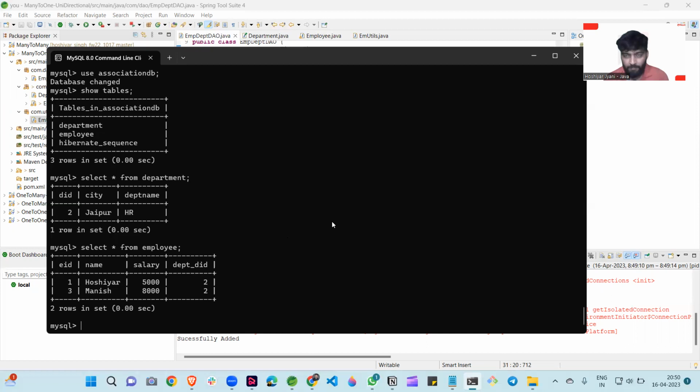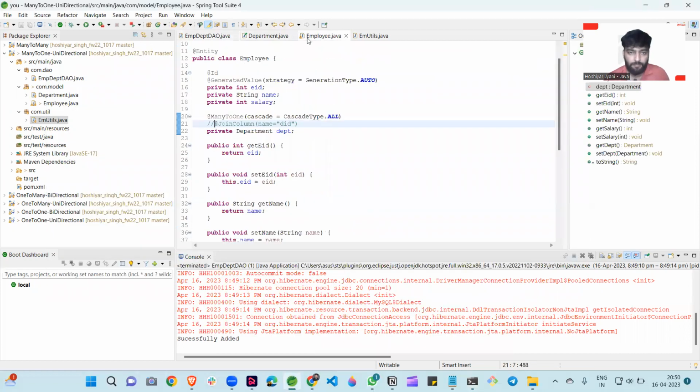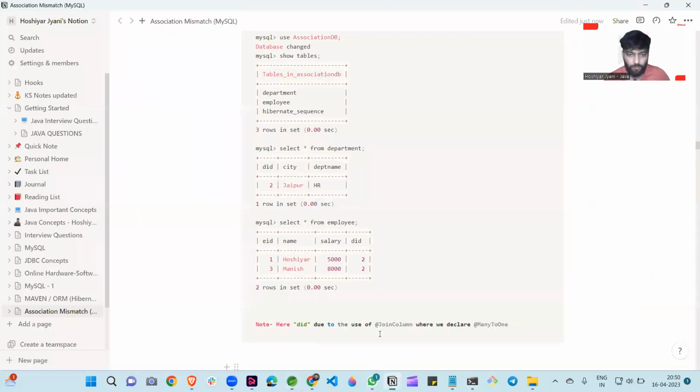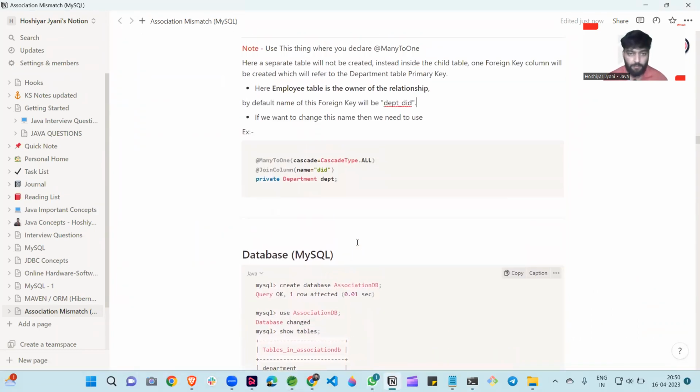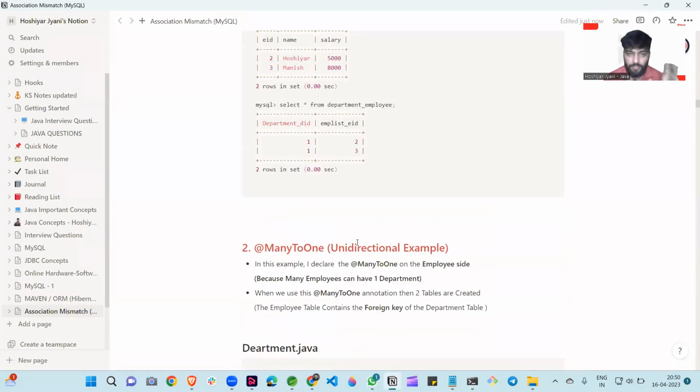So we can change this name by using @JoinColumn and the name is DID. Now when we use this, at that time this column is created with the DID. So that I show to you in this one, DID. Okay, so by the use of this, we can say that in this example,